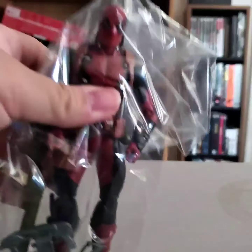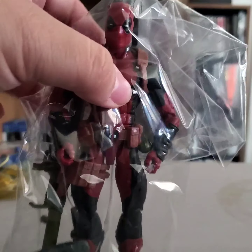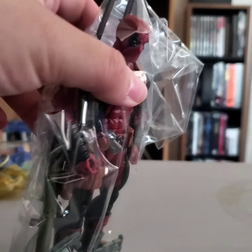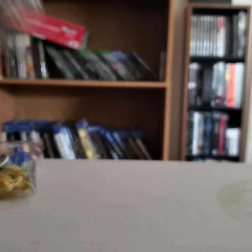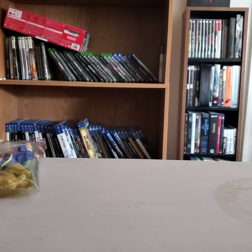This is Marvel Legends Deadpool. I can't remember exactly which one this is from, but this is the one that comes with like a bunch of stuff. It's got the bazooka. It's got the different guns. I believe it comes with the taco. Yes, there is the taco. And interchangeable head. I think this is probably the best Deadpool you're going to get in terms of the Marvel Legends line. There's a lot of good ones, don't get me wrong, but...